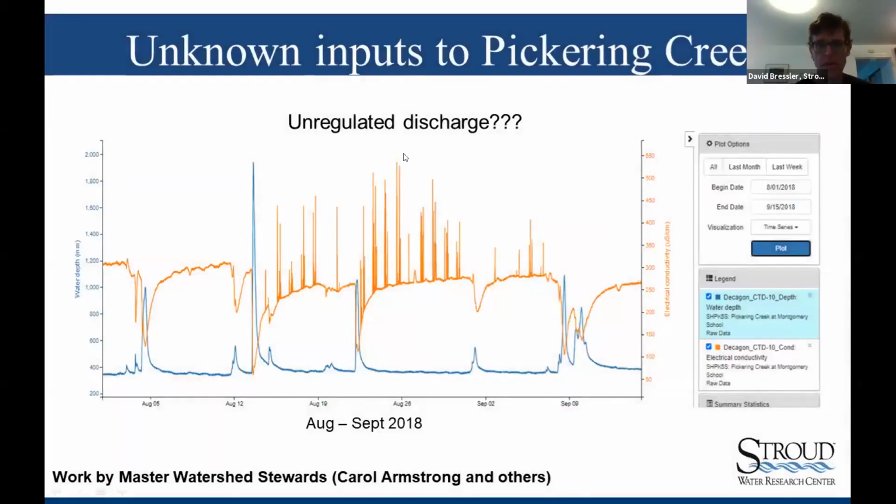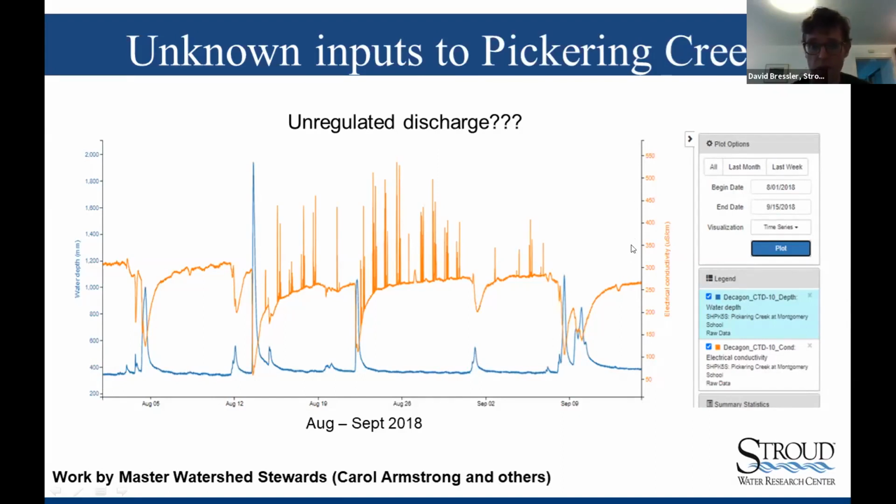So moving on, in Pickering Creek in southeastern PA, there was this kind of patterned spikes in conductivity. You can see this regular patterning. And so that was really totally unknown, whether it's a regulated, unregulated discharge of some material, who knows what it was, but you can see it was causing substantial increases in conductivity. So the baseline conductivity between 250 and 300, these spikes were causing it to go up to 500